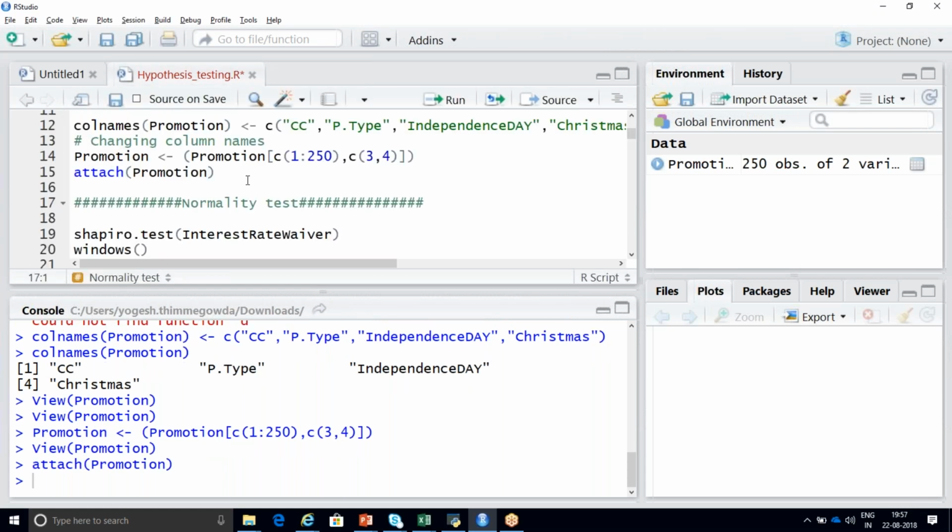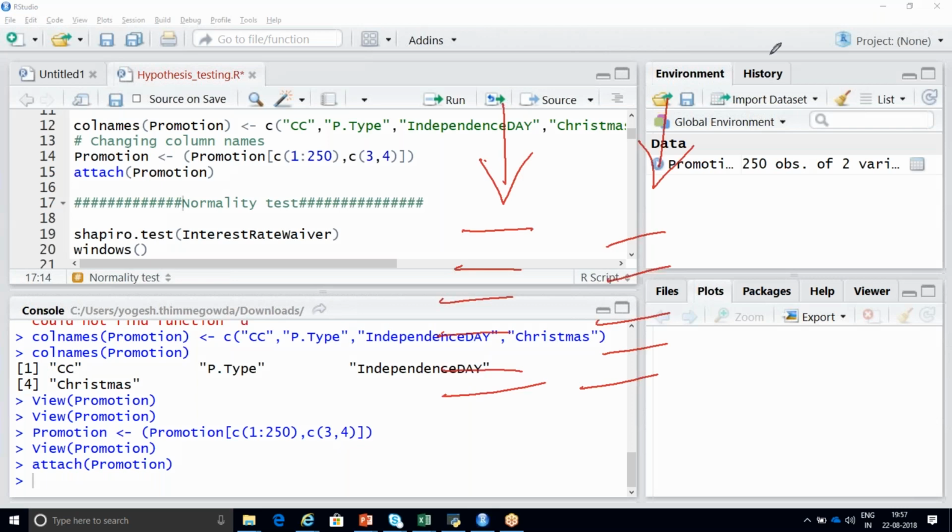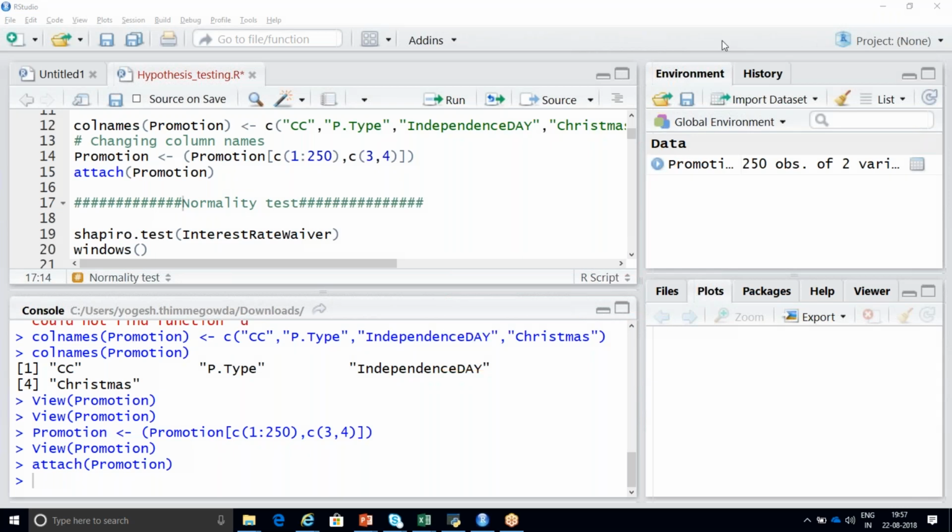Now, the first step. You need to check whether your Independence Day column and your Christmas Day column data is following normal distribution or not. So with respect to your Independence Day, if you want to check whether your data is following normal distribution or not, there is a function called Shapiro.test.